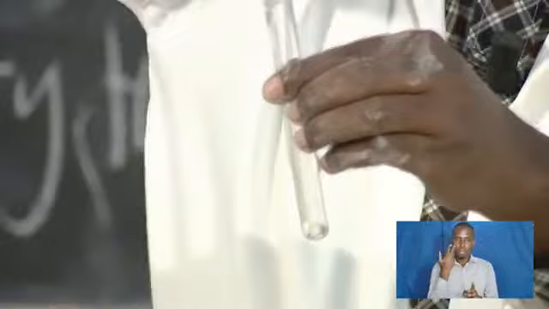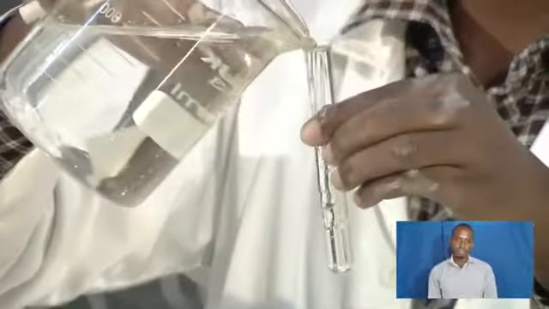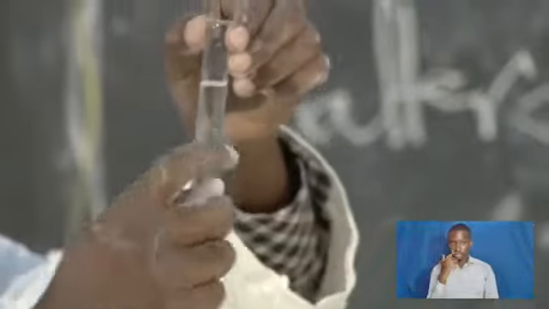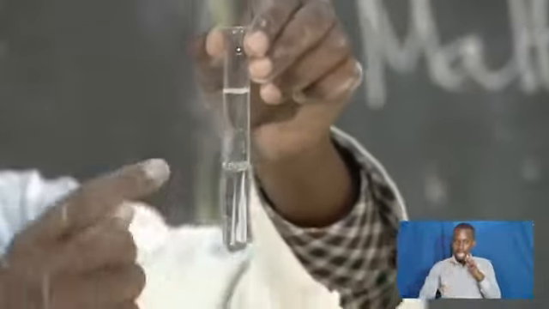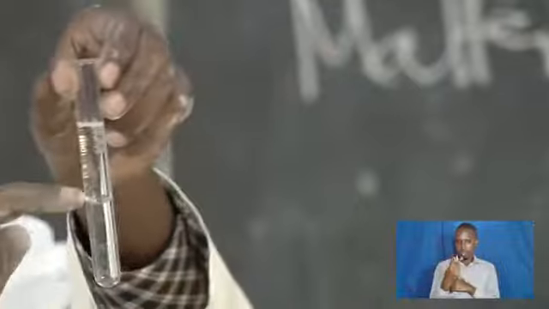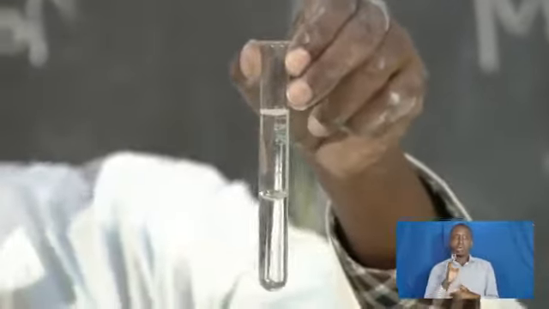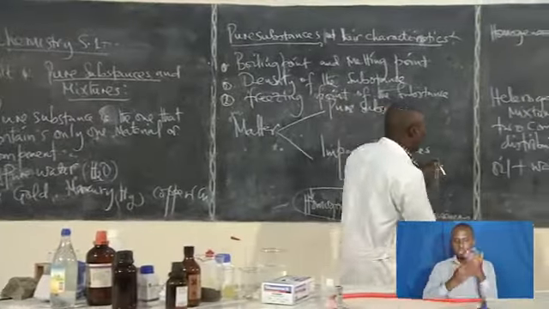So this is paraffin liquid. And then I will have to add water. It is the same. So you see, it moves up. This is the layer that forms here. Just have a look at this. This is the layer which stops here. Then there is water here. So it forms layers.